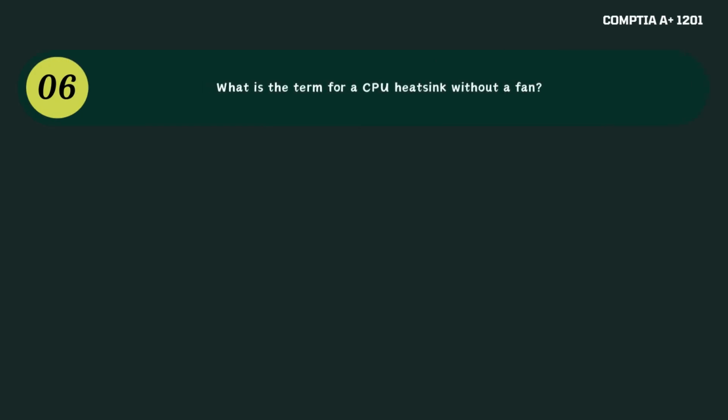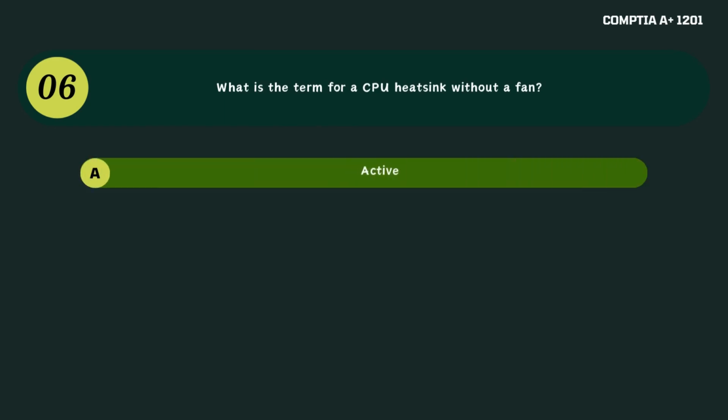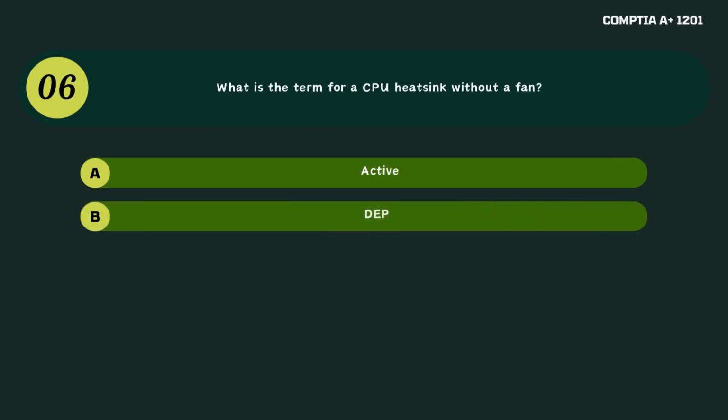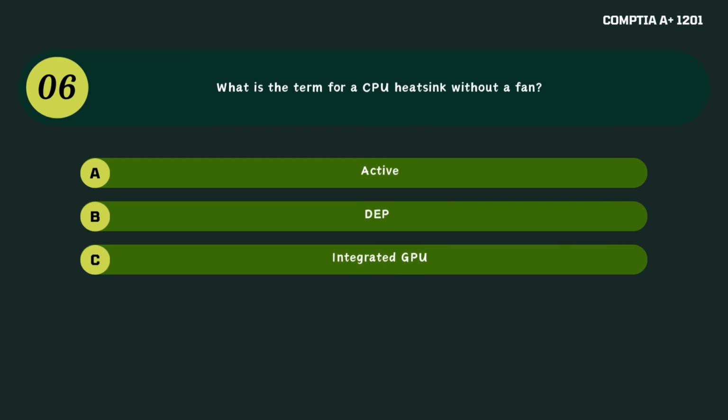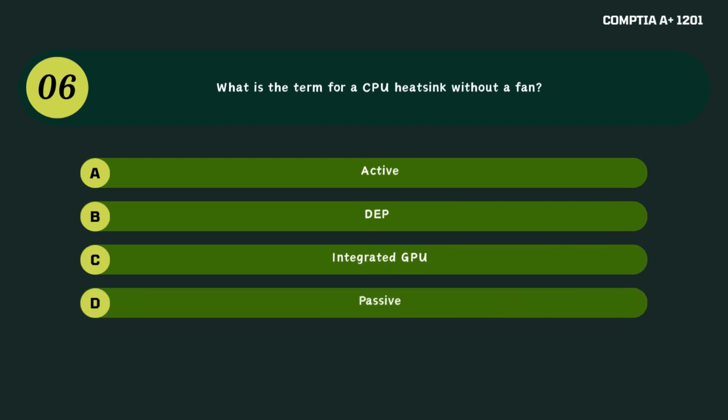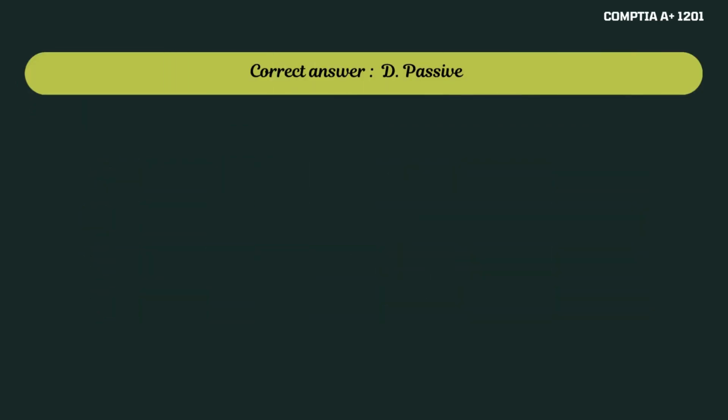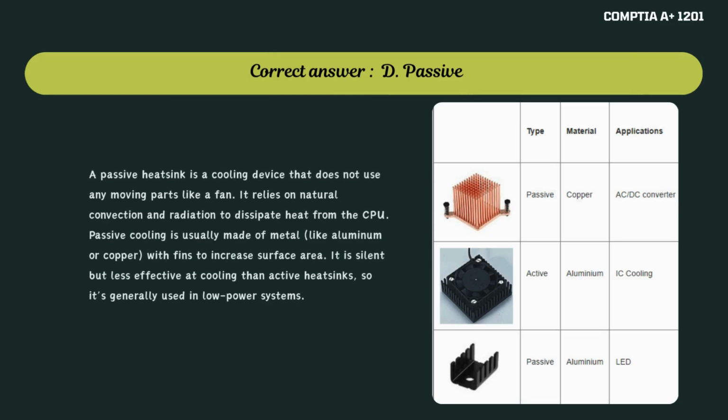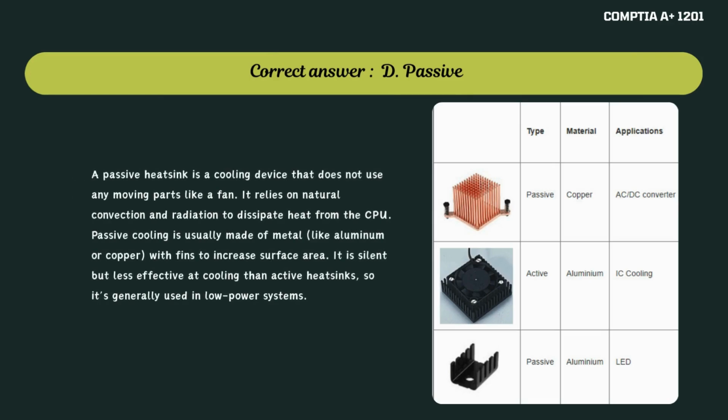Question 6. What is the term for a CPU heatsink without a fan? A. Active. B. DEP. C. Integrated GPU. D. Passive. Correct answer D. Passive. A passive heatsink is a cooling device that does not use any moving parts like a